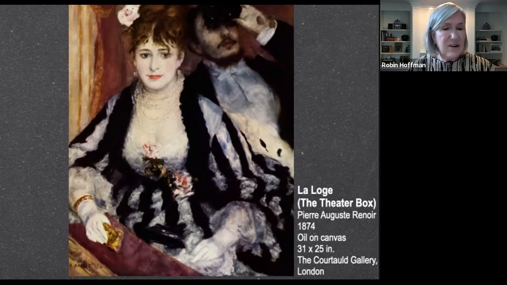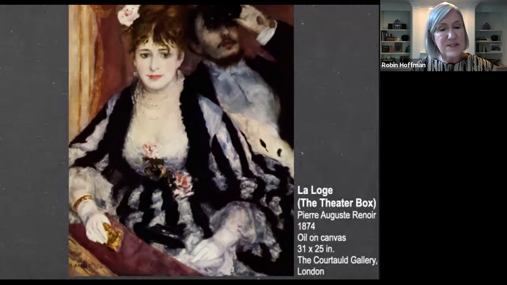Now, we can't know whether the curtain has already gone up because at this date, house lights were not dimmed. As the viewer, we see the anonymous man and woman from the same level in close-up, implying that we are seated opposite and watching them through opera glasses. Renoir's brother Edmond and Nini Lopez, a model from Montmartre, pose for this ambitious composition.